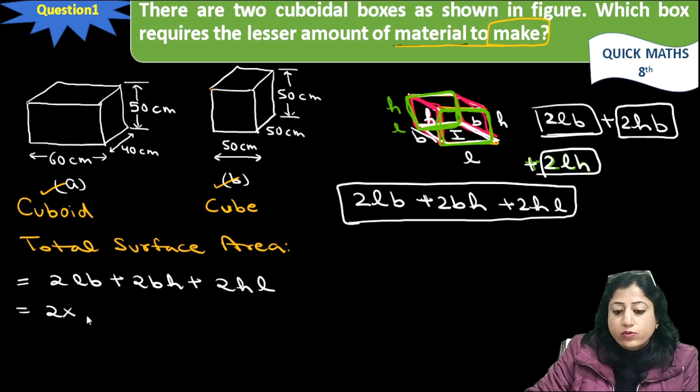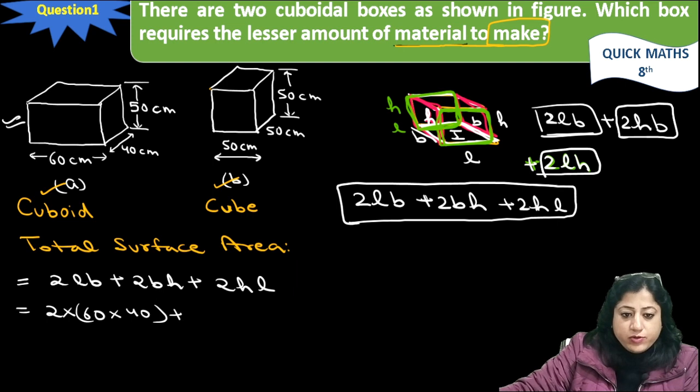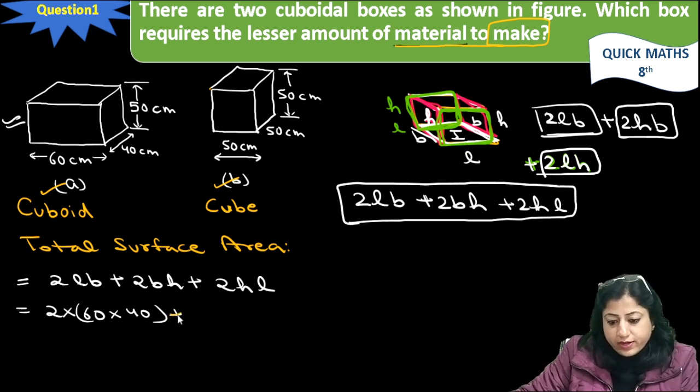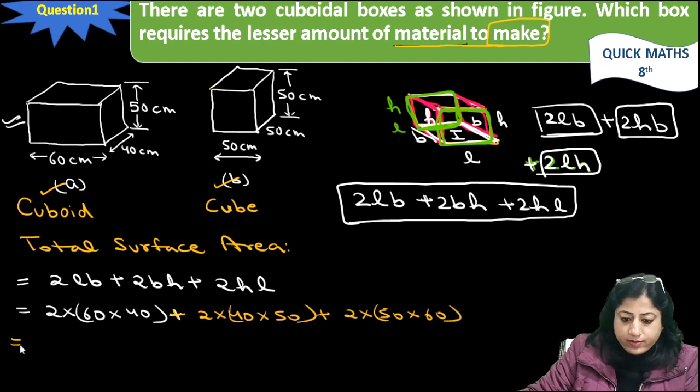We will put the values here. Length is 60 and breadth is 40, plus 2 into breadth 40 and height 50, again plus 2 into height 50 and length 60. So it will be 2 into 60 into 40,